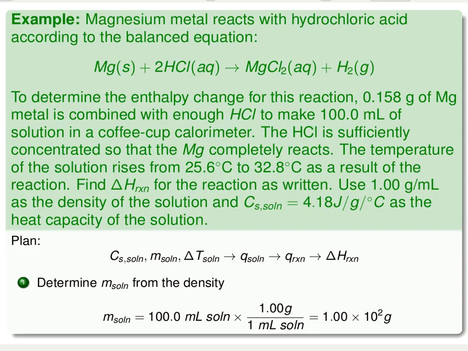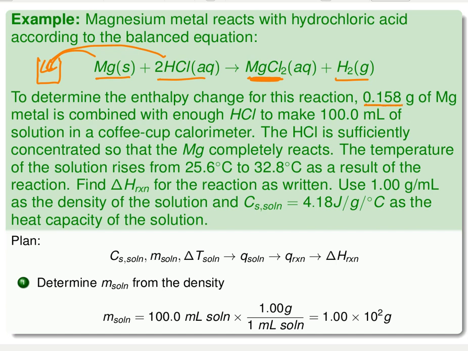So to explore how to calculate delta H of reaction, it's probably best to just go ahead and turn right to an example problem. In this example, we're going to put magnesium solid and hydrochloric acid into our little calorimeter. So we're going to add both of these to our calorimeter, and the following reaction is carried out. You get some H2 gas bubbling out, and you form an aqueous salt solution. And we're told that we need to determine the enthalpy change for this reaction, and we know that if we add